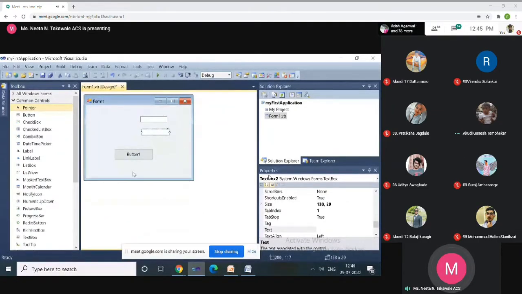But not only this form, we require some controls on that form, so we are using this toolbox. These controls have default names. For example, form is also a control, and the name of the form is Form1. The button has a default label, Button1.